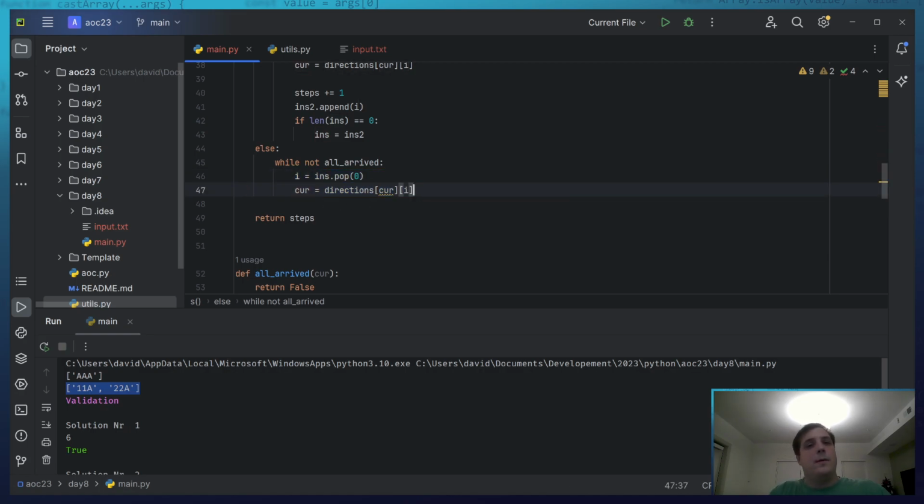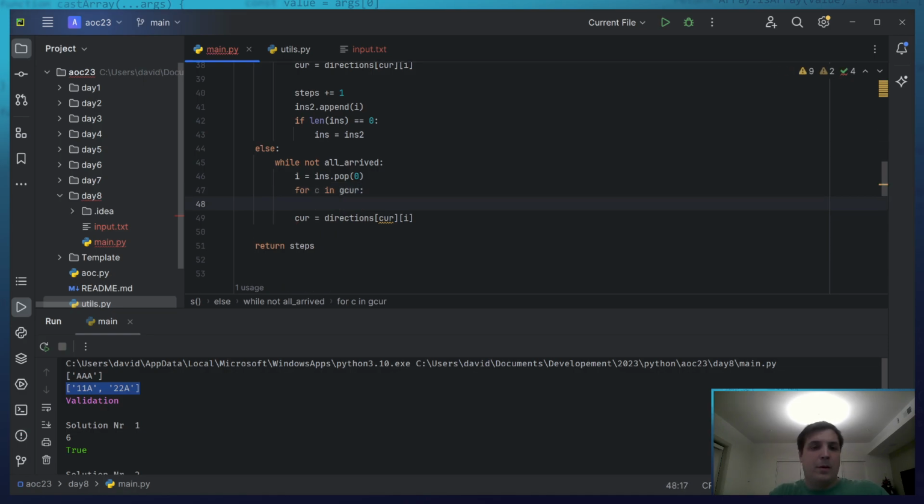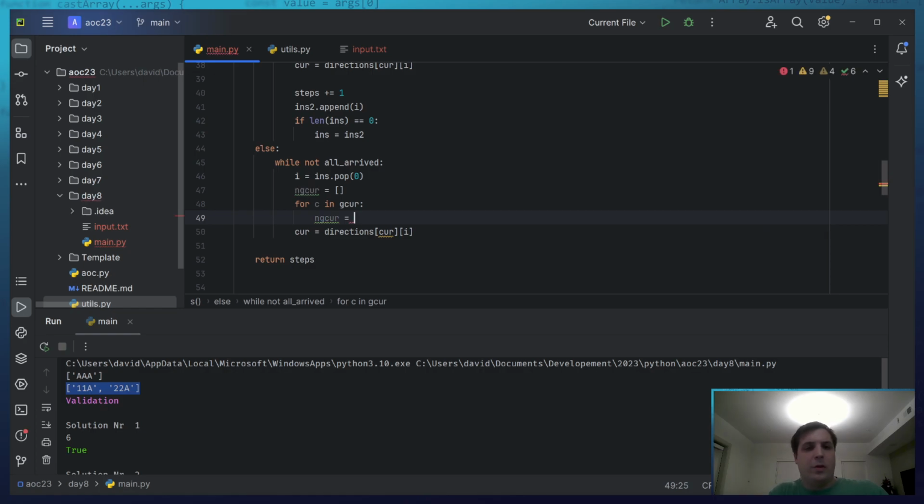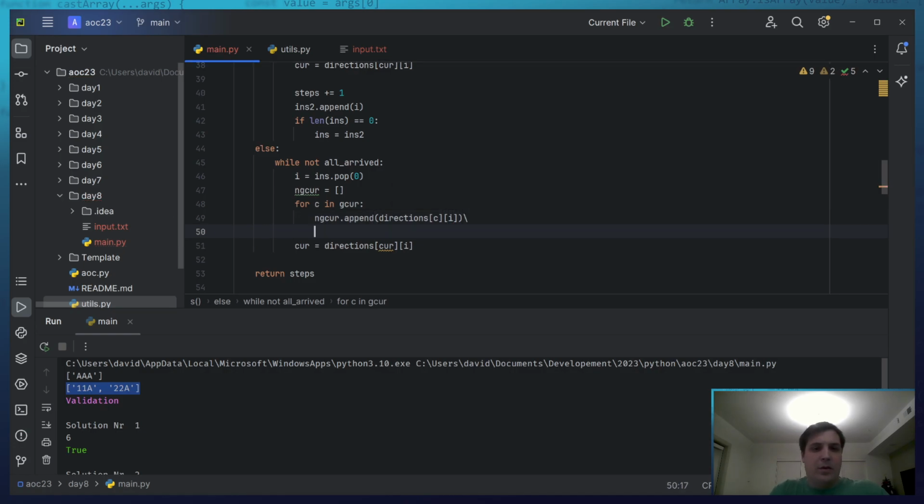Now, instead of just saying current equals directions current I, for each of our currents, so for C in gcur, I'm gonna create an ngcur, a new ghost current, and append directions of C and I.